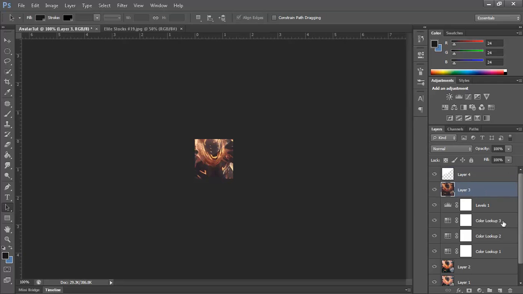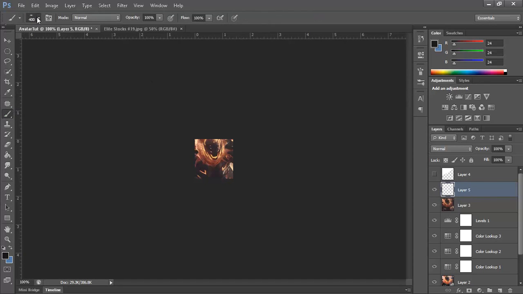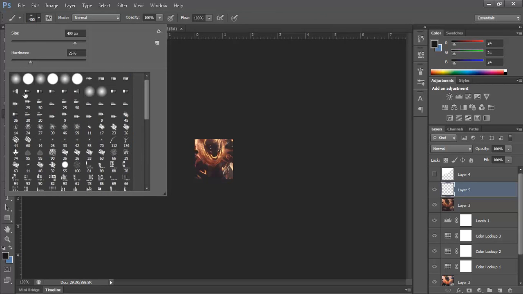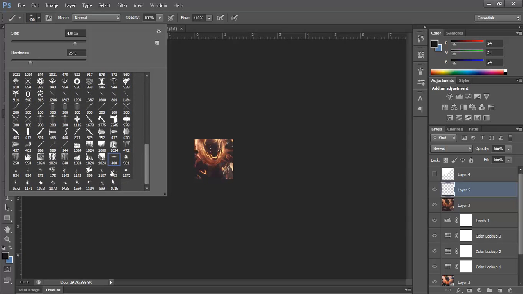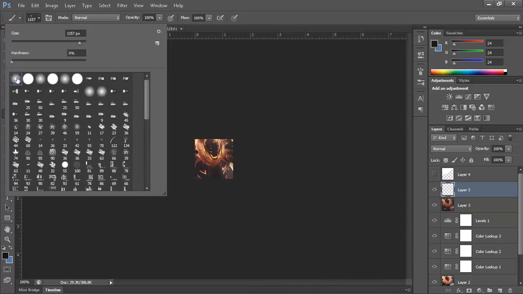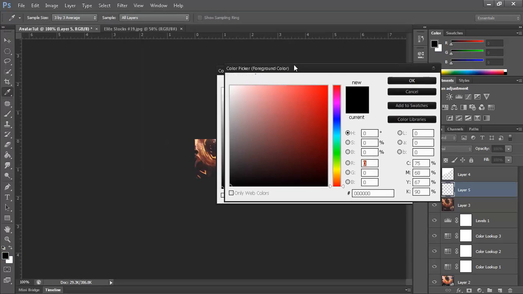Oh yes, I skipped a step. Sorry. Turn off that layer that you just created with the elliptical marquee tool, and then create another layer under it. Take your brush tool, and if you guys want, you can download splatter brushes like these, and then resize them to give it a splatter effect if you want to have more effects onto your avatar. Grab a soft brush, about 80 pixels. Then pick a color out of your